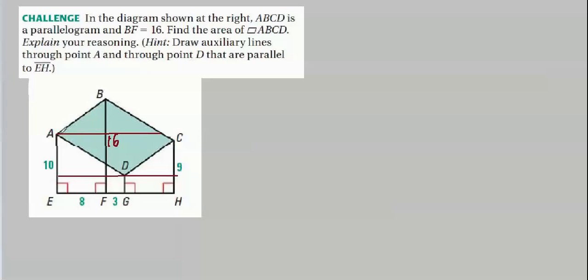Their hint was to draw lines through A and through D, which are parallel to EH. I think that's what they said. And that will help. So the first thing we're going to do, which isn't immediately obvious, but you can see if we drew this line parallel to this line, and these lines are both perpendicular to that line,